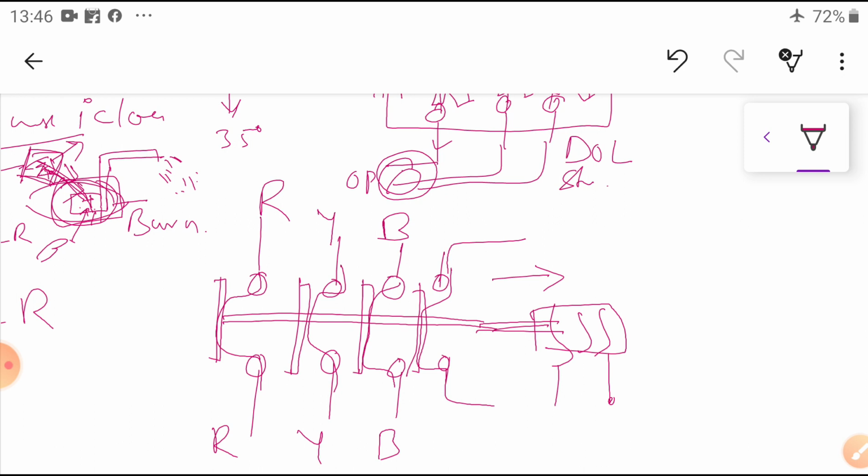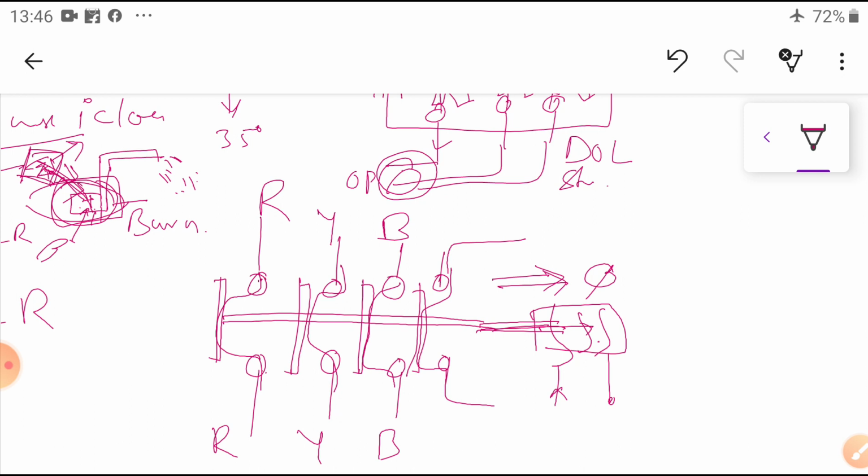Now whenever the supply is given to this coil, it produces a magnetic field and tries to attract the plunger inside, so it will move this side. In that condition, the input contacts and output contacts are closed to each other.